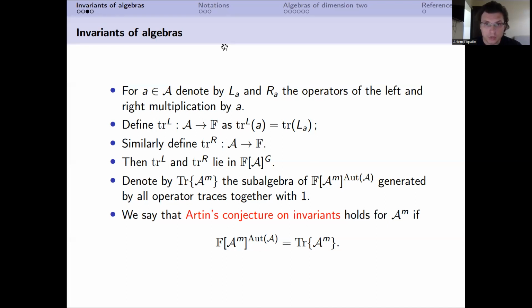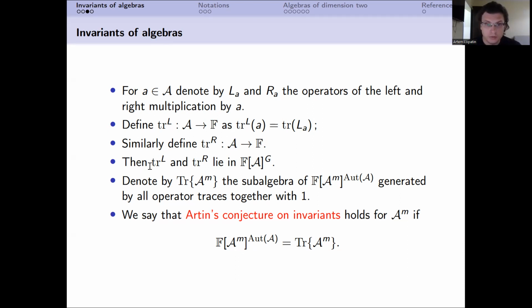Okay, so there was a remark that you cannot see the bottom of the slide, but now you can see. Okay, and so it's a linear operation on a finite dimensional vector space, so it has a trace. And so we got two traces, not one trace like in the case of matrices, but two traces, left trace and right trace. And in general, they can, of course, be different.